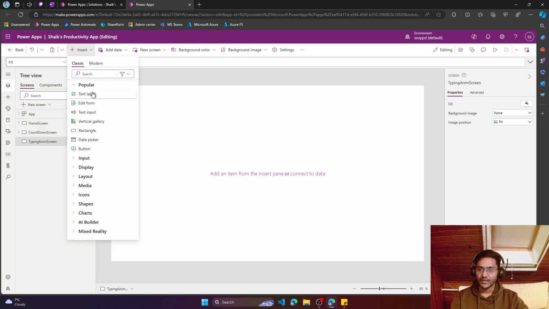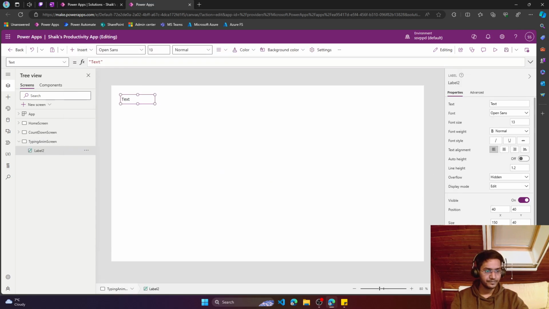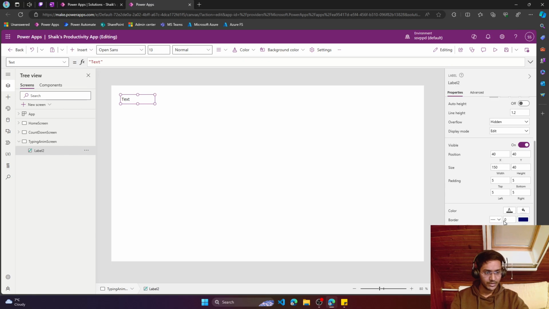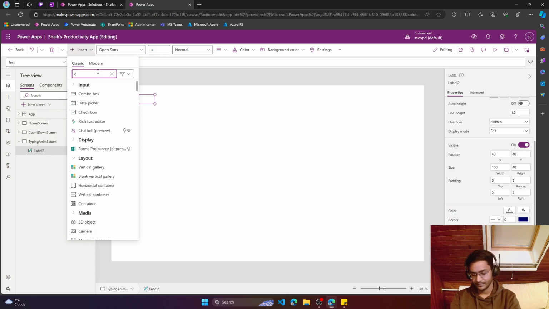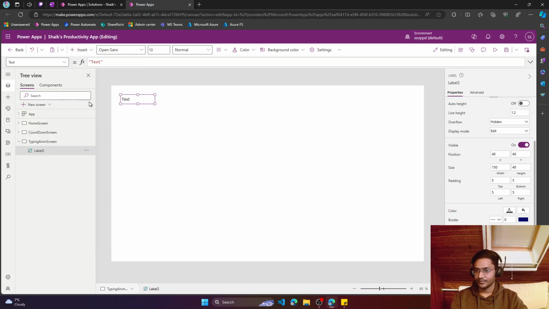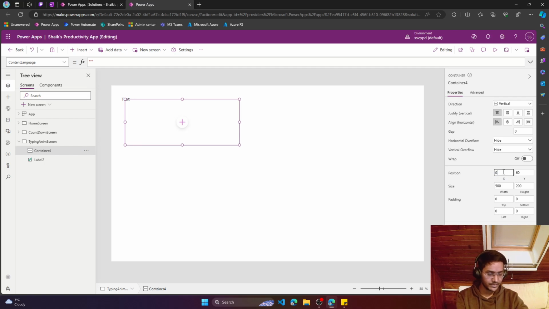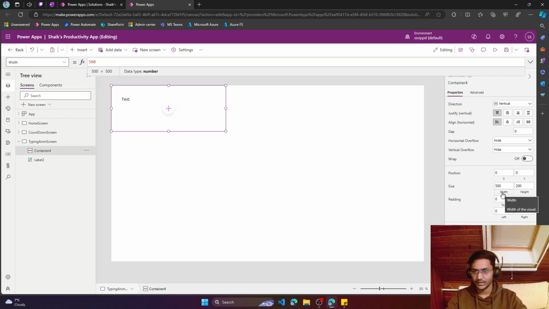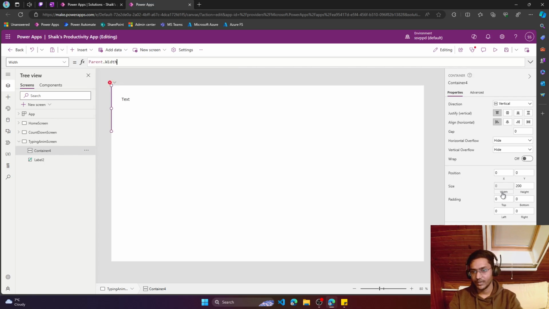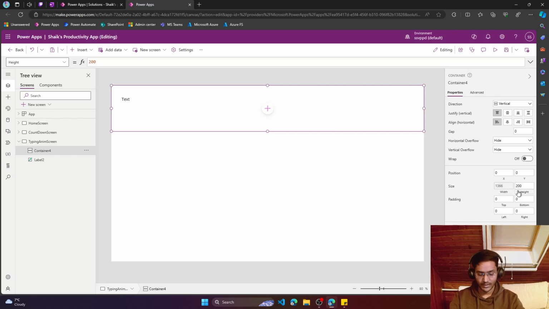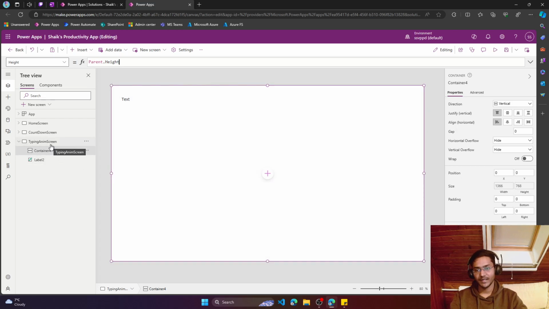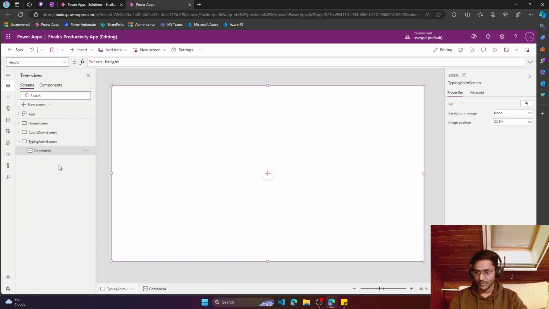So this is where we're going to start. So we're going to say a label. I'm just going to give it full width, and before that I need to add a container, and this will start at 0 0 all the way to parent dot width, and then the height will be parent dot height. The parent in this case is the screen itself, which means it's going to cover the full screen, and I'm just going to move this inside the container,